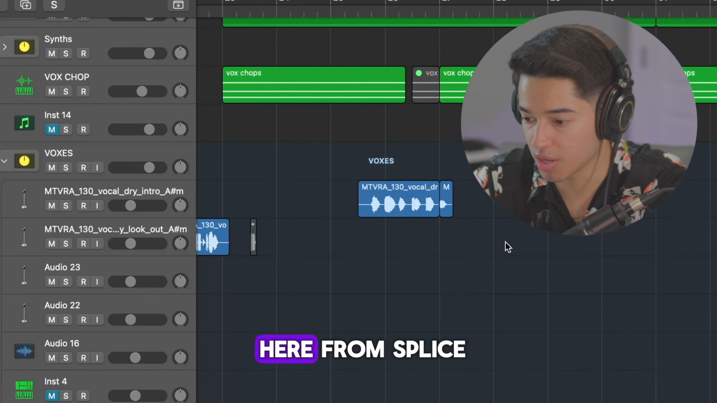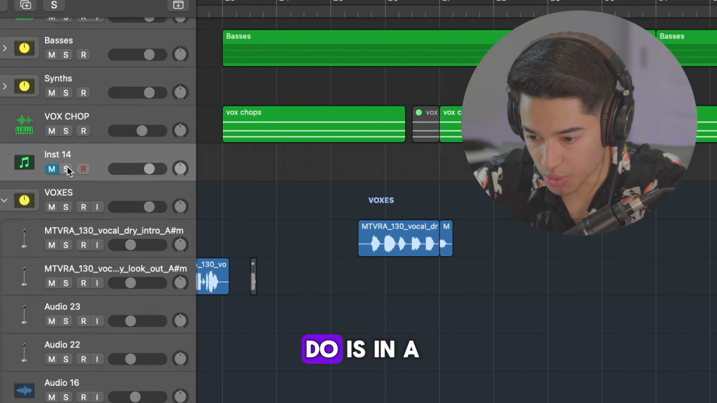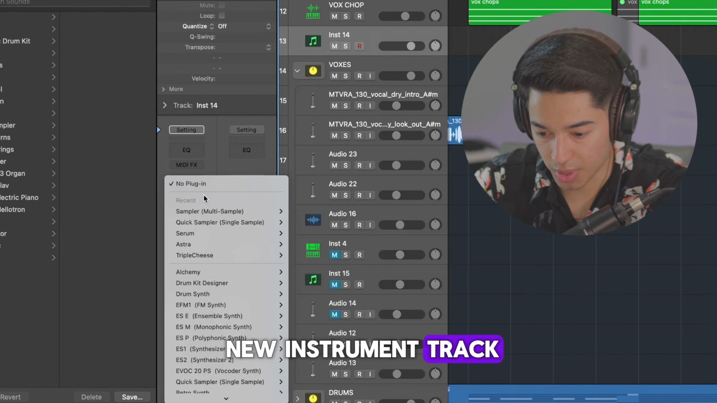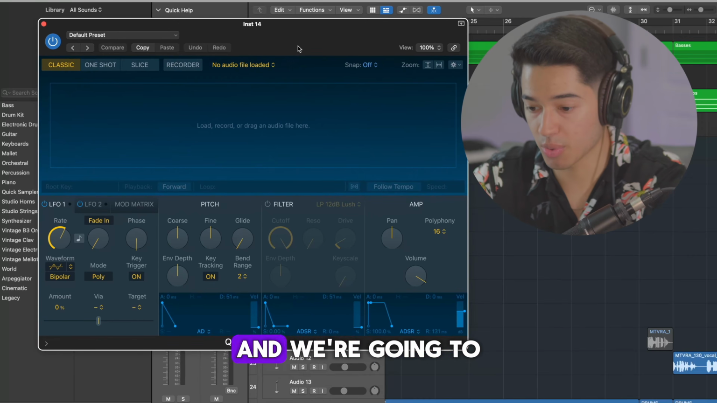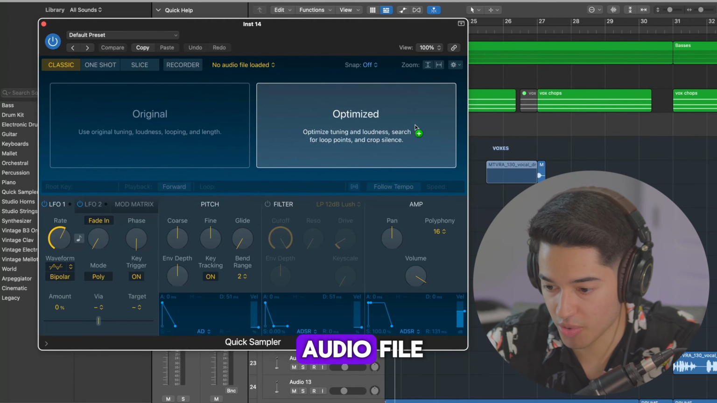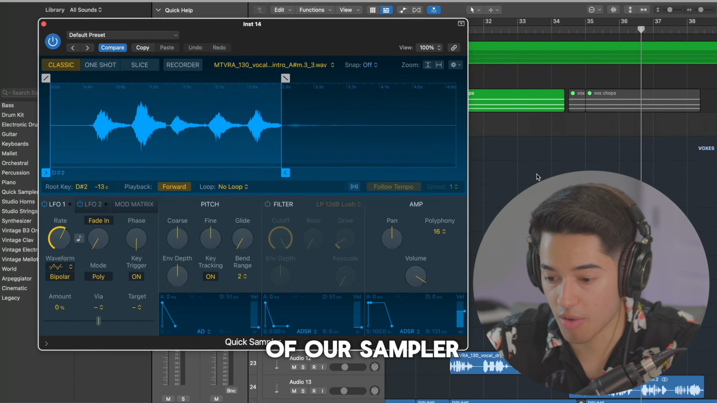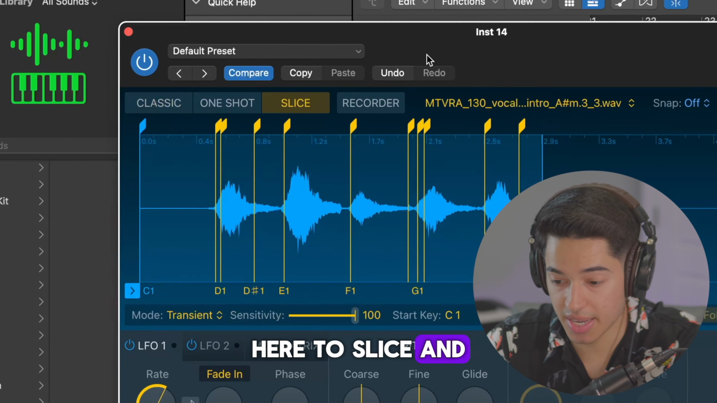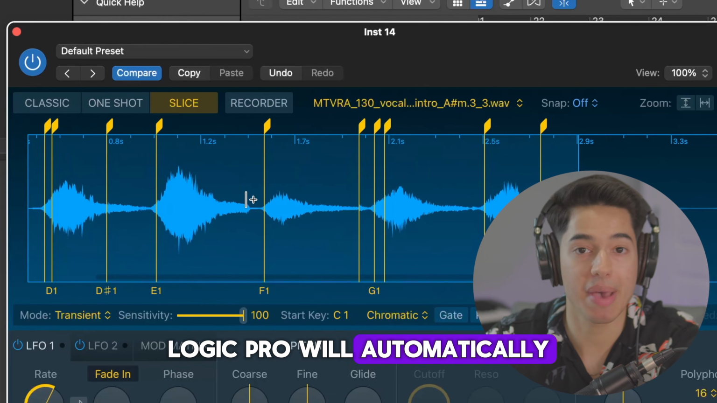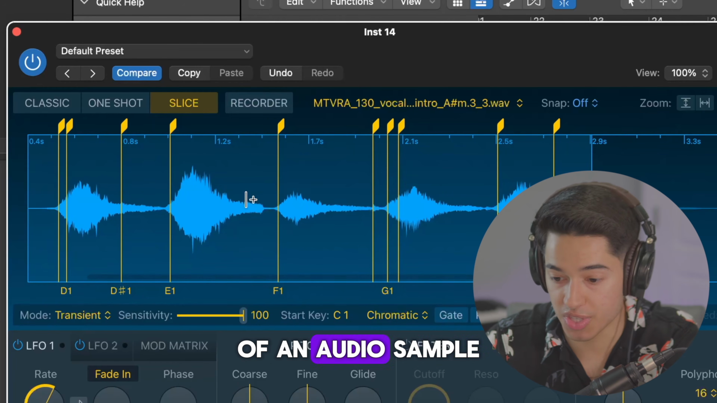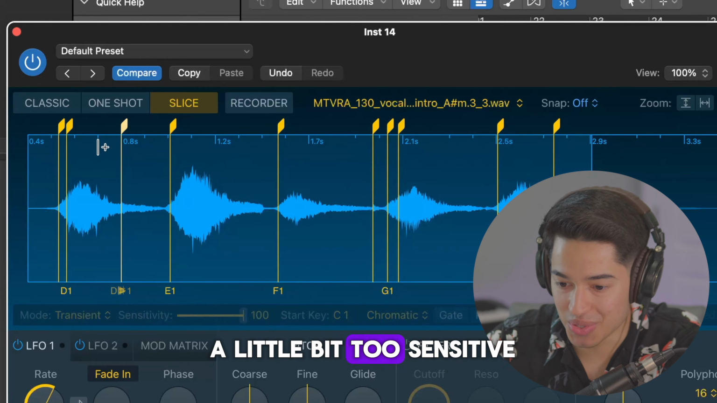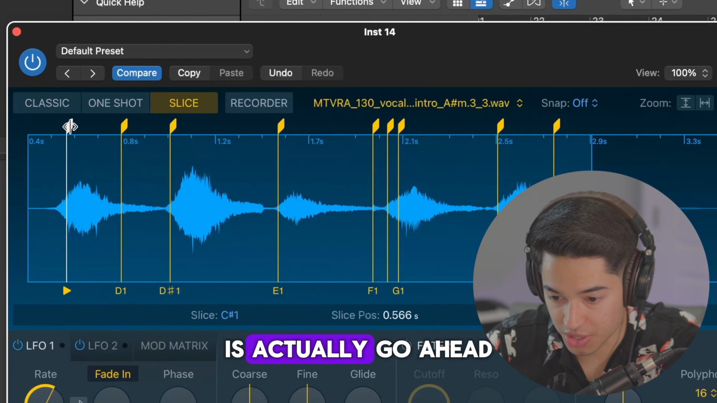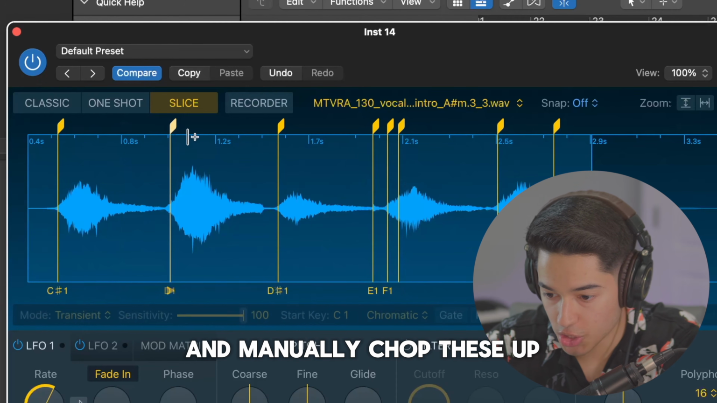I've got this one here from Splice, and what we're gonna do is in a new instrument track, we're gonna open up the Quick Sampler, and we're going to click and drag this audio file into the optimize section of our sampler. We're going to change our mode from classic here to slice, and as you can see, Logic Pro will automatically detect a transient of an audio sample, but it might be a little bit too sensitive. So what we're gonna do is actually go ahead and manually chop these up